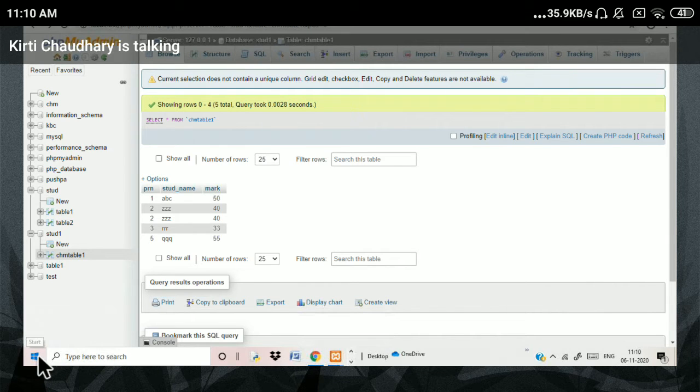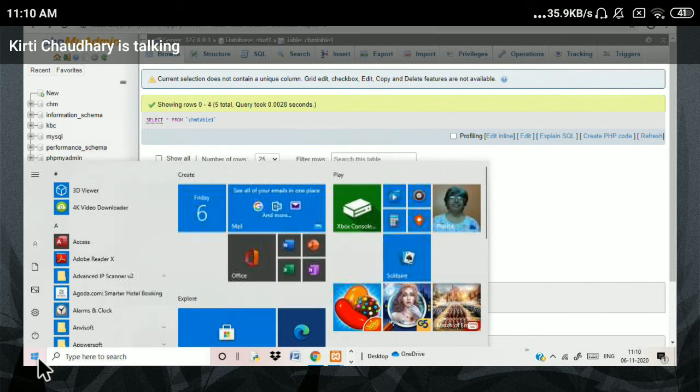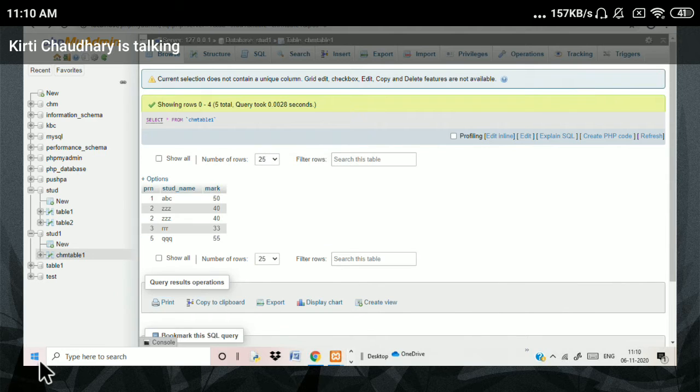So now I will continue with my program. First one, how to install, then how to create a database, how to create a table, how to create queries. That is explained to you. Now next part is